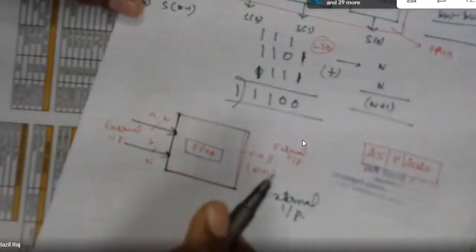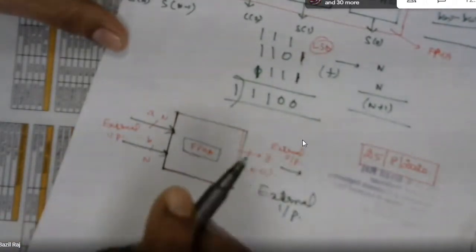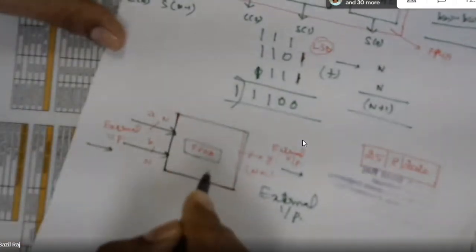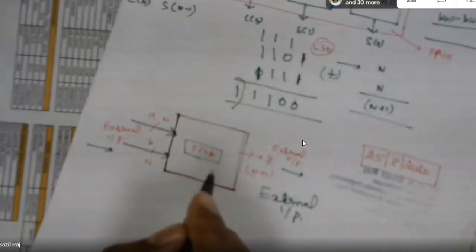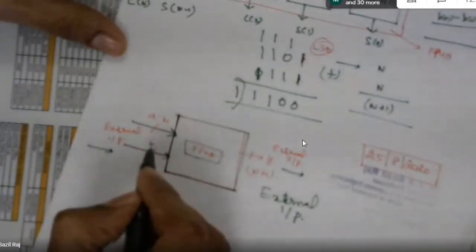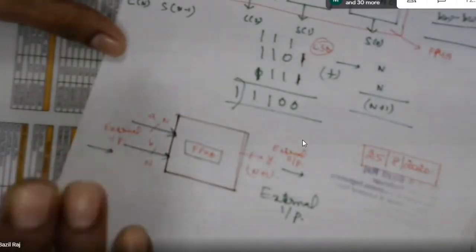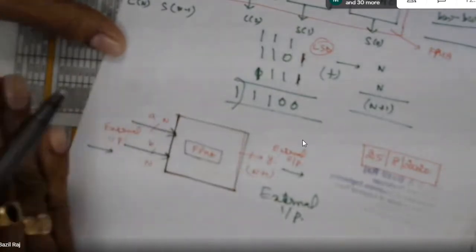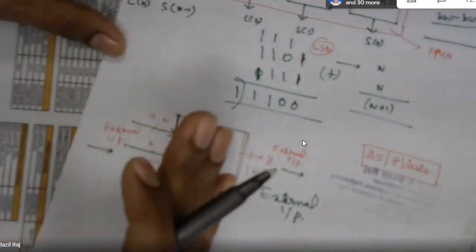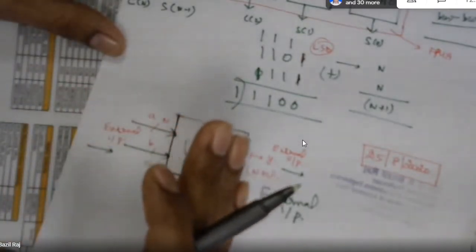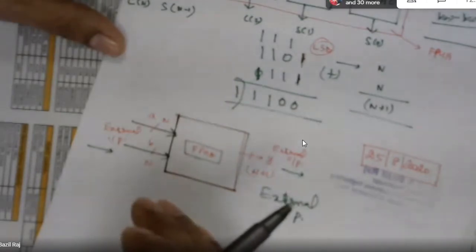Okay, right. So this is the external input. This is the external output. That means it is going into some other section. It is coming from some section into the FPGA now. See, at an instant of time, the input A and B is available to the FPGA. Whenever the input is applied into the circuit, it is available to the FPGA, but the result will not be produced at the same time.